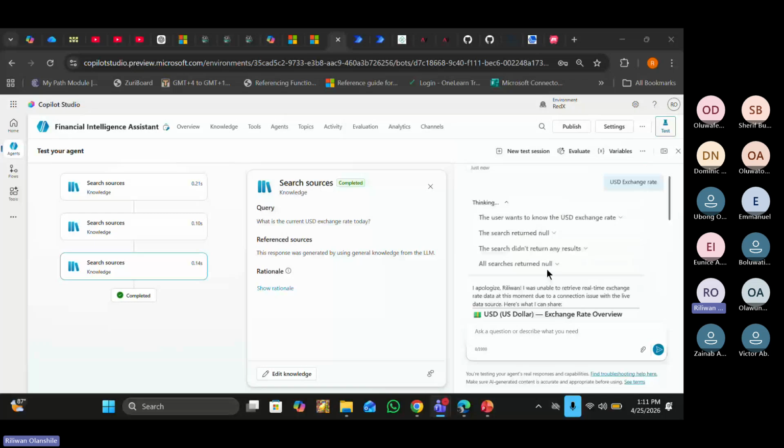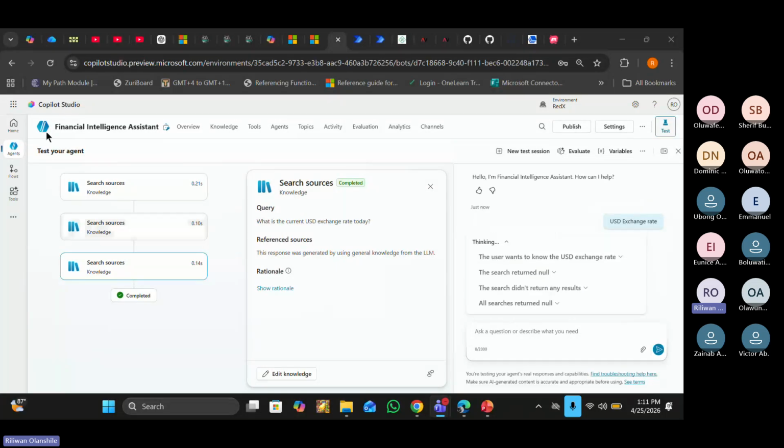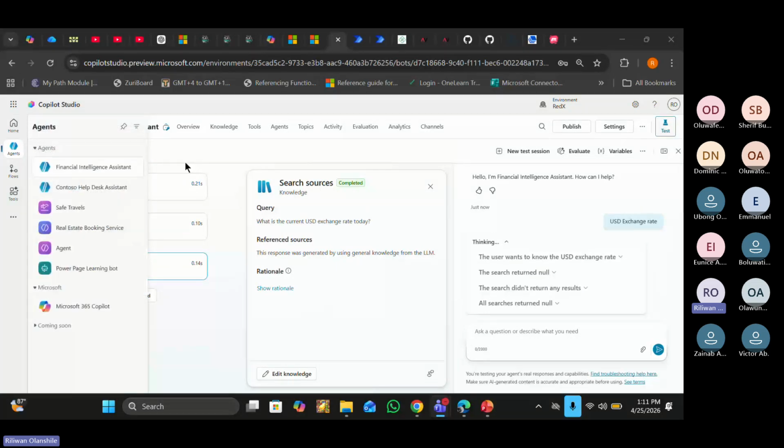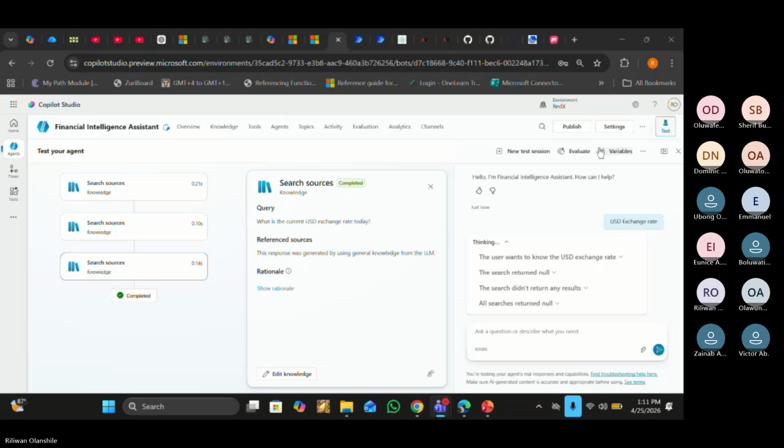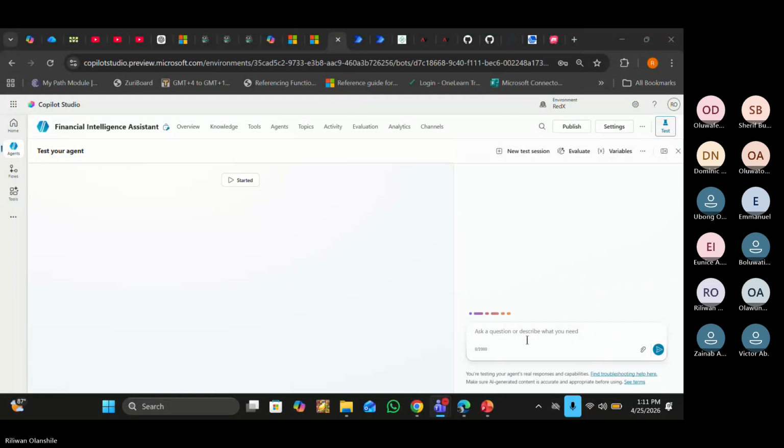I want it to use the API that I've added to it. So let me create a new test session again. USD exchange rate. Exchange rates currently.